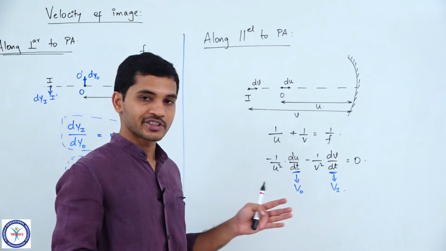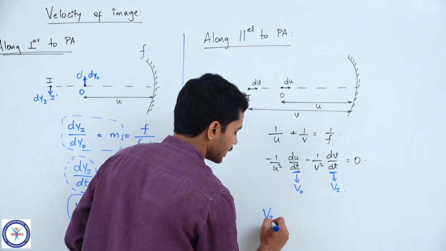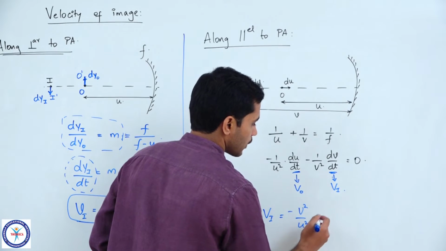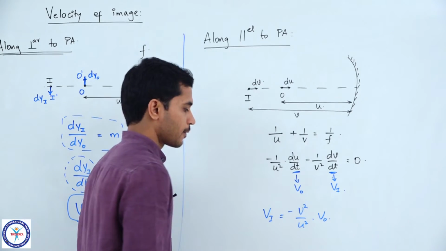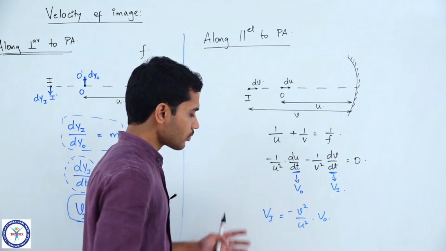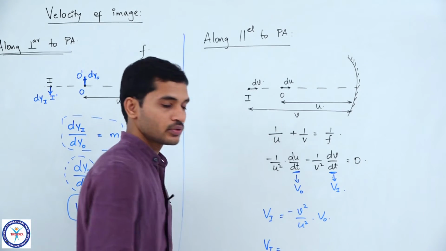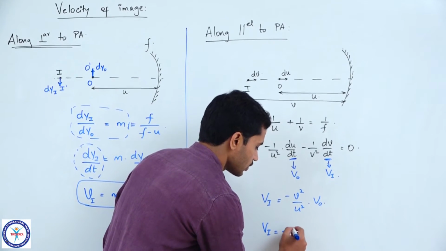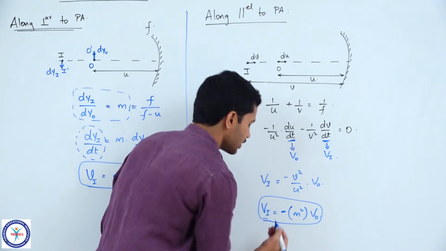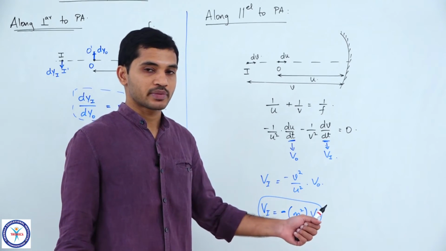Whatever I am doing is along the principal axis, right. So just rearrange the terms. You will get vi is equal to minus v square by u square into v naught, right. So this is the expression finally, and I can write this term, v by u whole square, as m square. So vi is equal to minus m square into v naught. So this is the final relation between the velocity of the object and the velocity of the image along the principal axis,